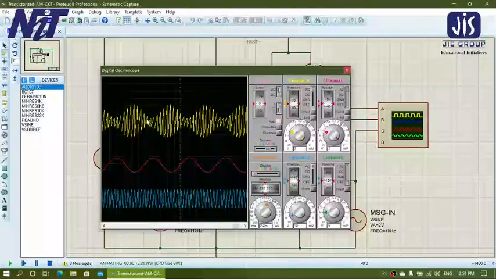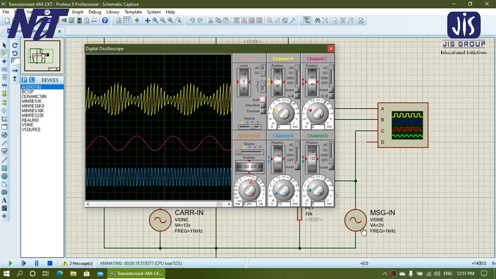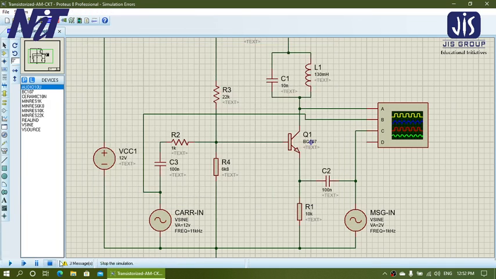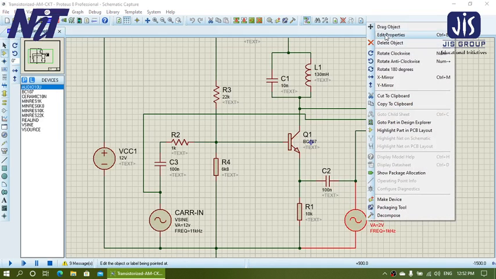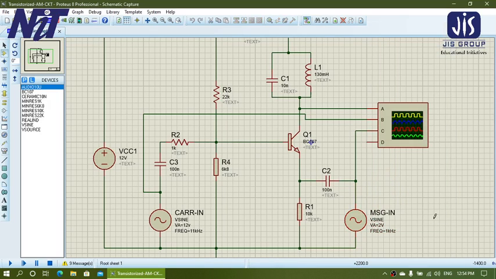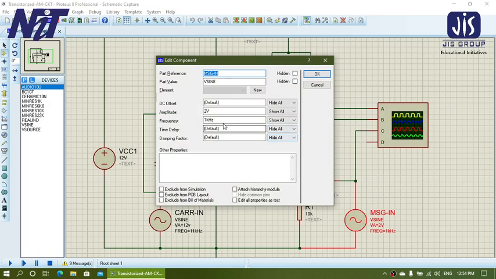Now let's see, it's at 2 volt. As per our circuit, when our message is 2 volt of amplitude, it will create a critical modulation. Let's see how it will be. Now when you have to change the frequency parameter of message and carrier, first you have to click this button to stop the simulation, and only after that can you change the properties of the signal.